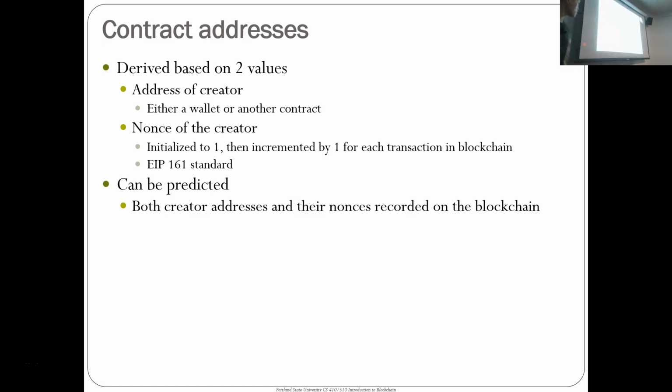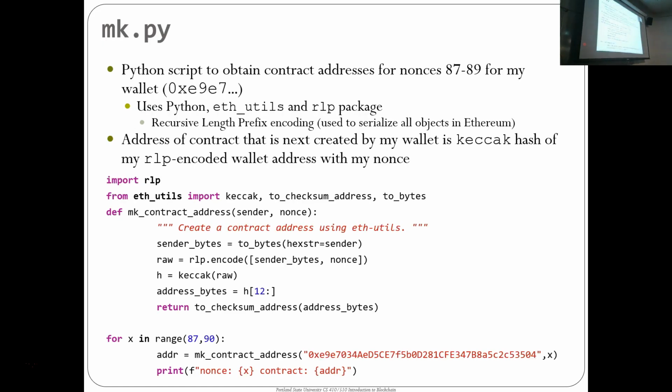Contract addresses are a simple deterministic function of both of these two values. There is a script. I think it's in your repository. Actually, you can just copy and paste it if it's not. There is this simple script. Given a sender address and the sender's nonce, it will generate the very next address that wallet will create based on